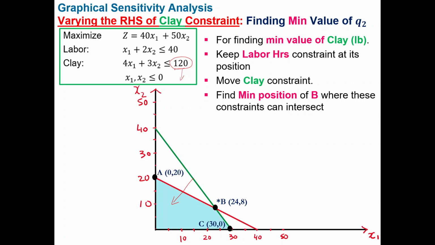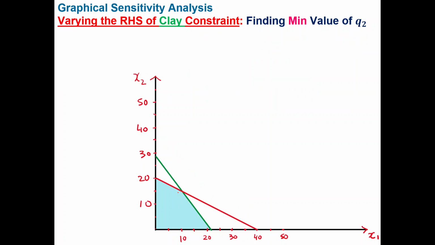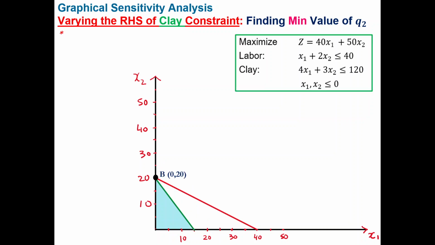We find the minimum position of B where these constraints can intersect. So now if you just visualize it, when I move this green line towards the origin, the feasible region has changed, and I find this point. Now if I further push it towards the origin, then this is the lowest point where these two constraints can